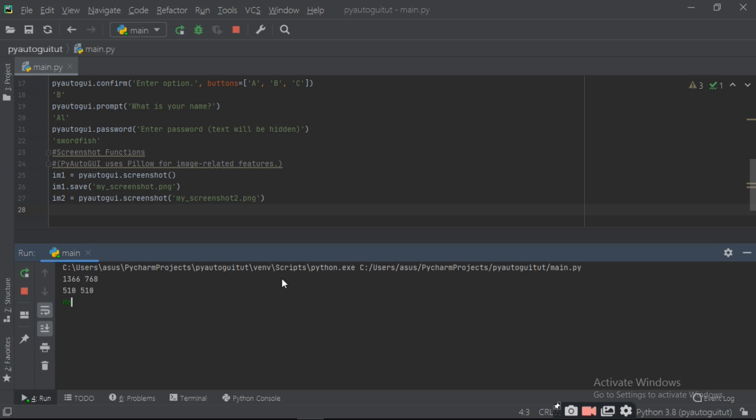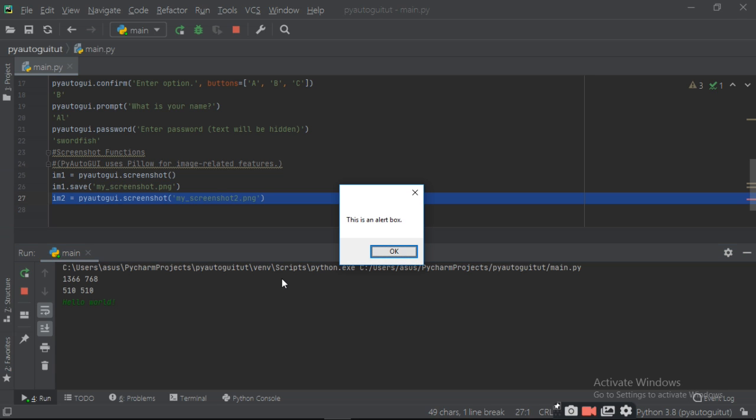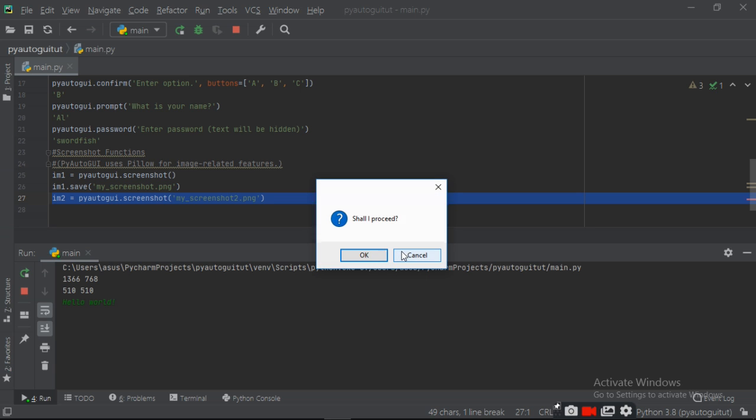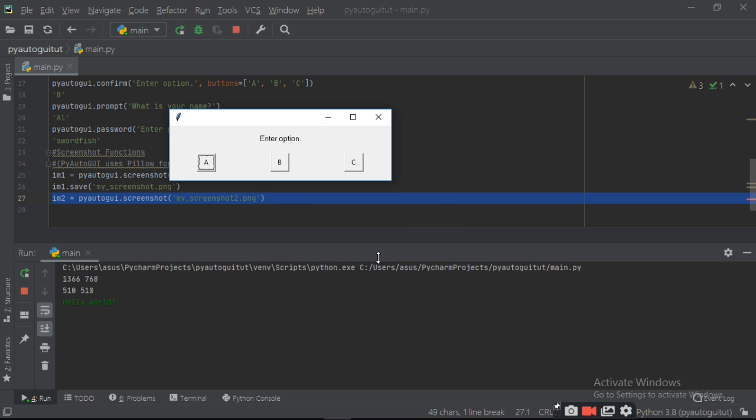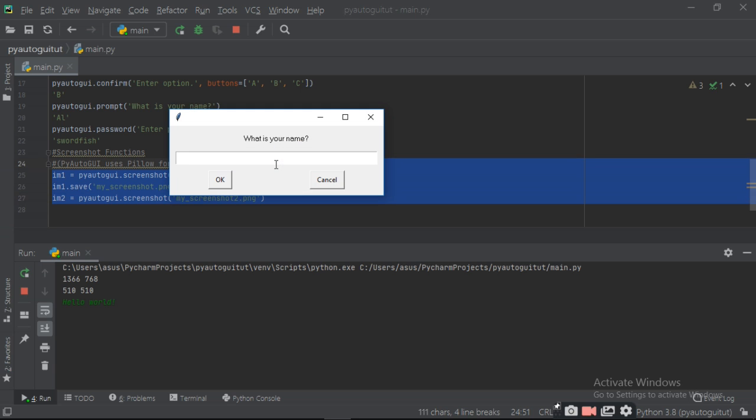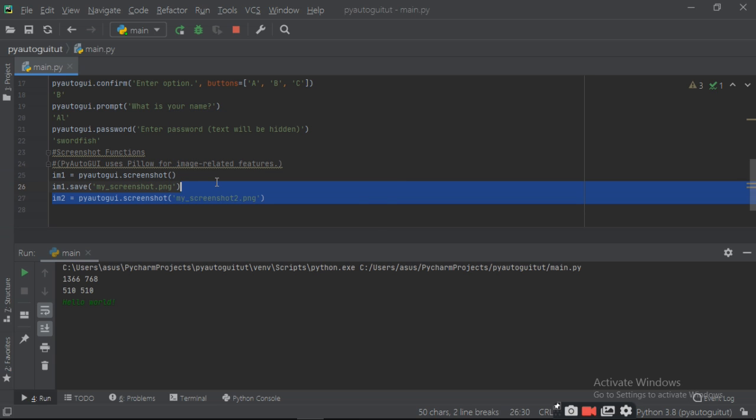It's giving hello world, screen size, mouse position, then alert box, then 'Shall I proceed?', then the three buttons, write name, and enter the password whatever you want to give, and this will take the screenshot.